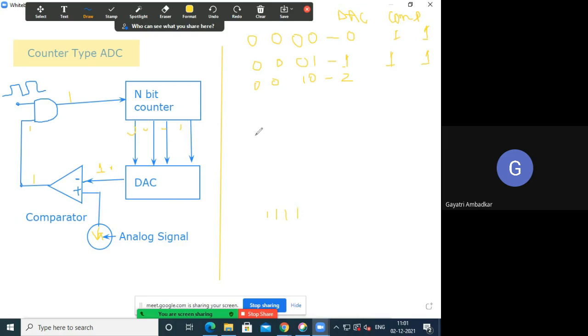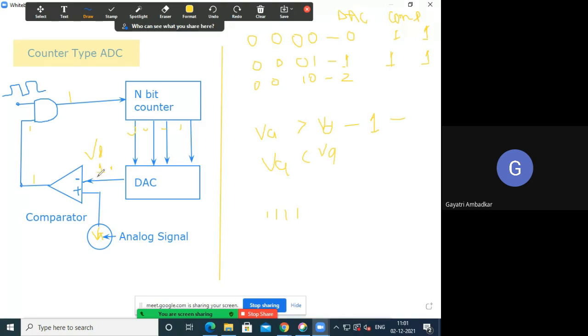So whenever VA is greater than, let's call this voltage as VD. याला VD म्हणूया, DAC चा output. Whenever VA is greater than VD, your comparator's output will be 1 and therefore clock will be passed. If VA is less than VD, this AND gate will be disabled. ओके, म्हणजे लेवल जी आहे इनपुट सिग्नलची ती एवढ्या व्होल्ट पर्यंत, whenever it is equal or greater than, okay, whenever